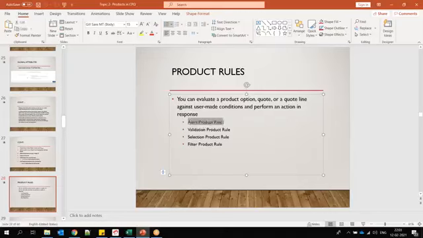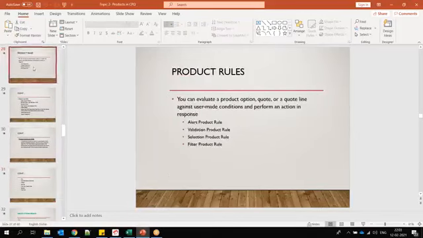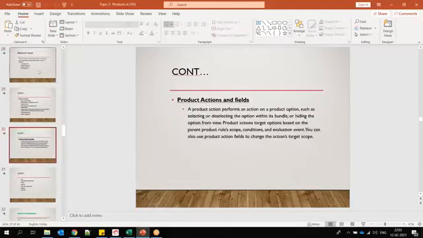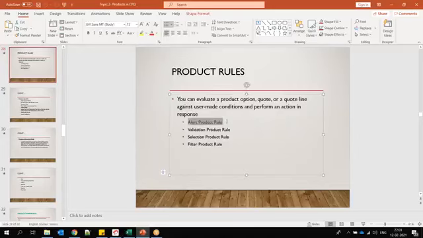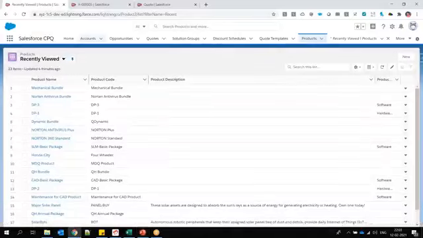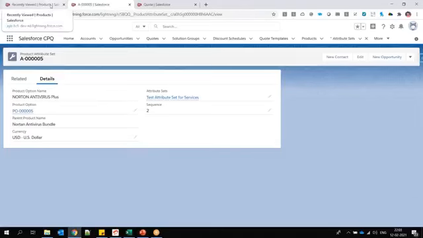But let me start with the alert product rule at least, and you will understand what I am trying to say. So at least we will discuss all the fields from product rule, and then we have multiple PPTs here, I mean, all these PPTs: product rule fields, product action fields. So let's start with alert and discuss all the fields, and then we can come back. Okay. Let me go to